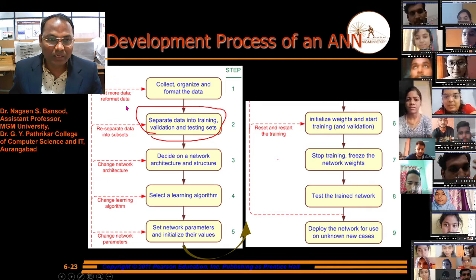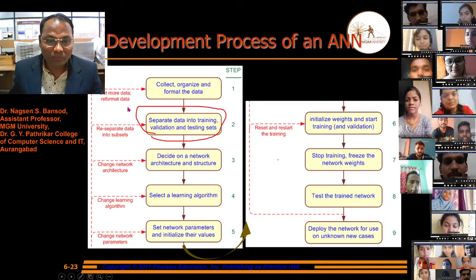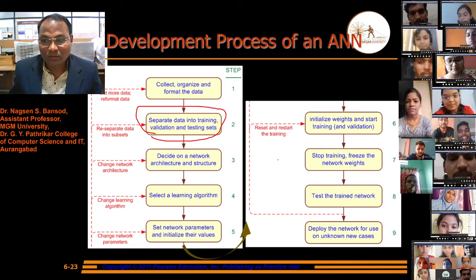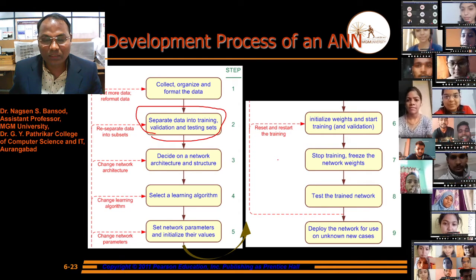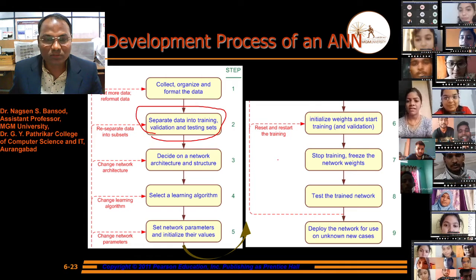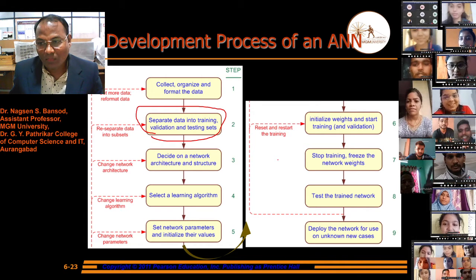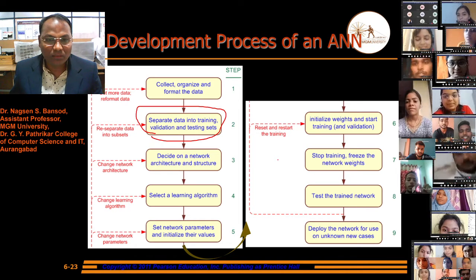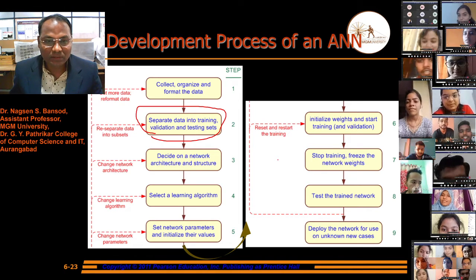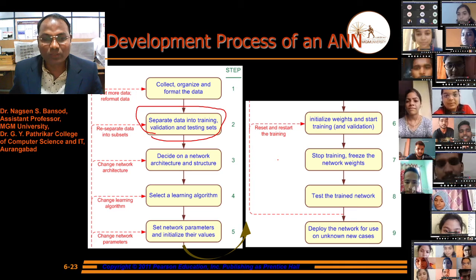Get more data, reform it if we already have data processed. If not, then we have to collect the data using some sensors like camera, temperature sensor. According to our application, we have to select that data.